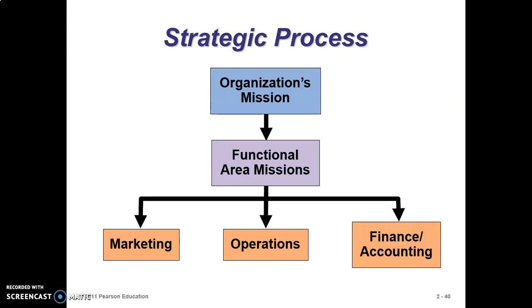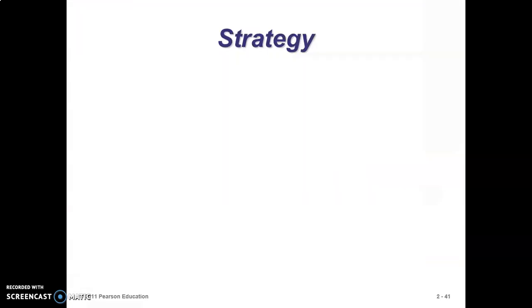Okay, and then let's move on to the strategic process, whereby after we develop the organization's missions, it goes to the functional areas. Meaning that we create the missions, and then how to achieve the missions. Of course, we need all these functional areas to work together. Marketing needs to work together to achieve the mission. Operations also needs to work together to achieve the mission, as well as other functions, as you can see previously.